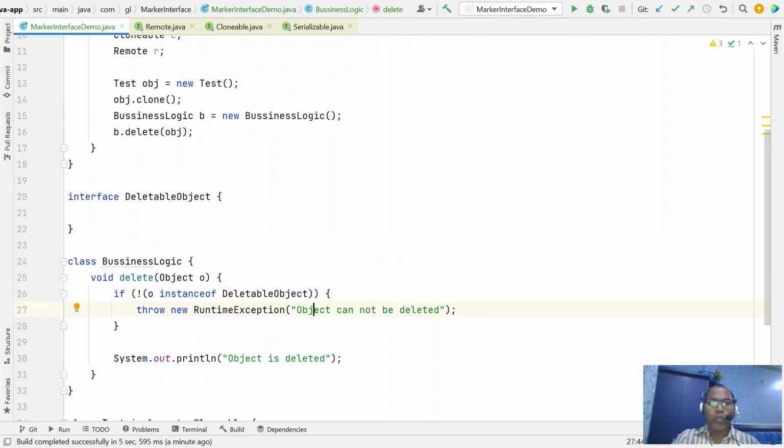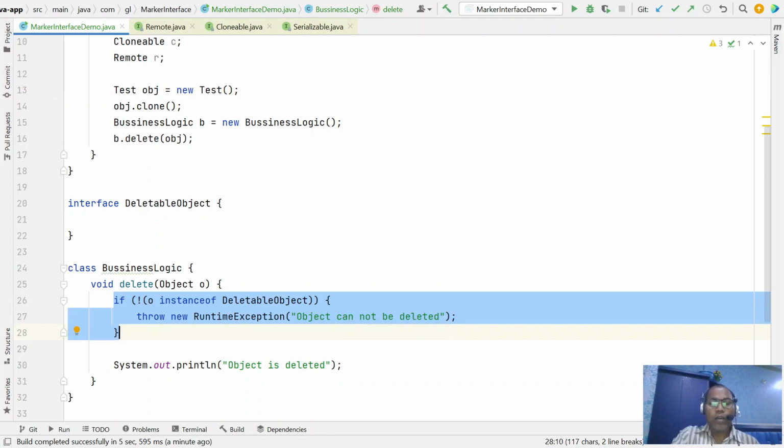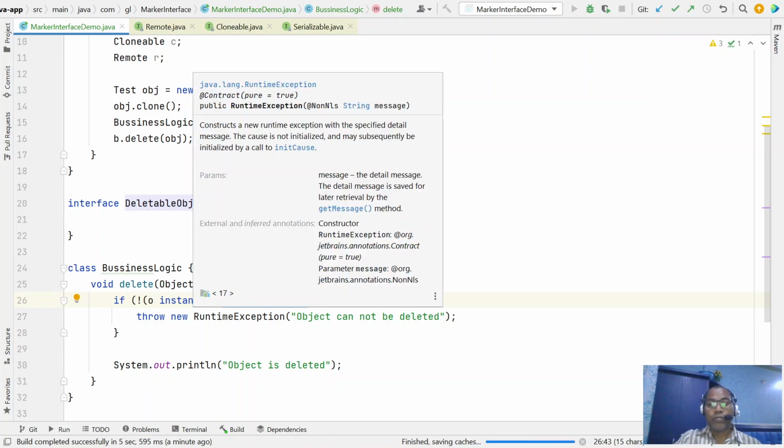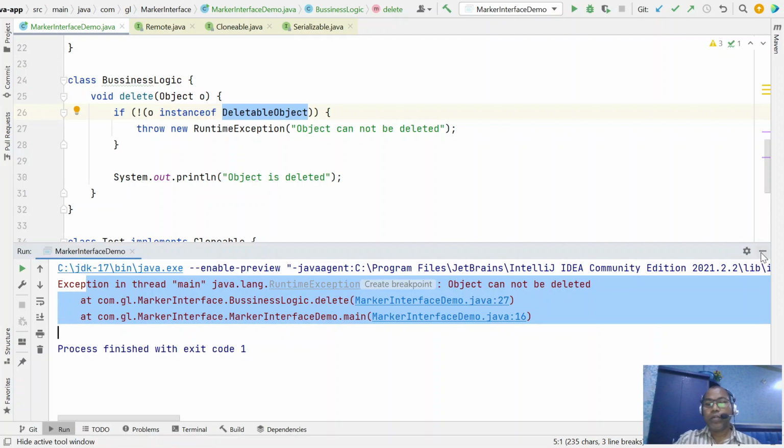So now if your test class is going to be deleted, at runtime you say any object of this type you cannot delete, or else you can delete it. If you run it, your class is not deletable: object cannot be deleted.